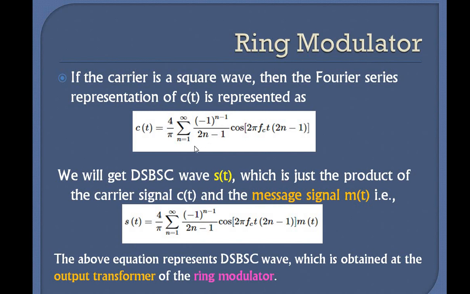See, this is the ring modulator output equation, mathematically. In the last class, when we were seeing the switching modulators, we saw that we are giving the pulse train, correct? There we have seen the Fourier series of your pulse train. If you are using a square shaped carrier wave, then we get a pulse train, and for that we have also seen the Fourier series. Here also we are seeing the same one, because the carrier which we are using is a square wave carrier, and its Fourier series representation is given in this form.